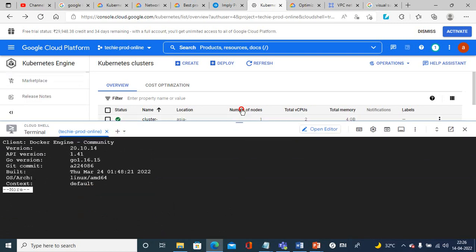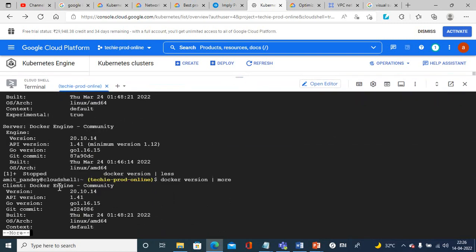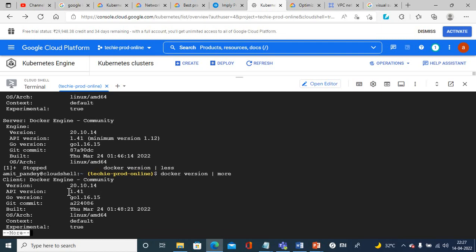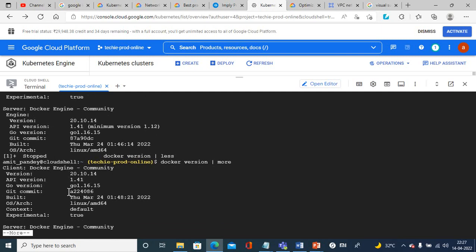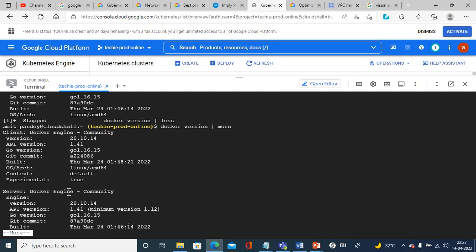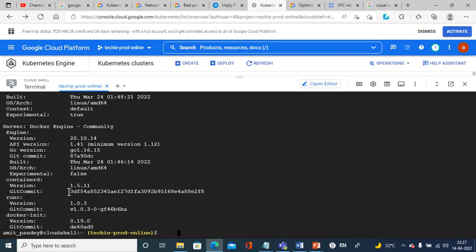While I'm going with the control, there is more output, just showing me the version, client version, Docker client version. Then one by one the Docker engine, server engine. So okay, now run with